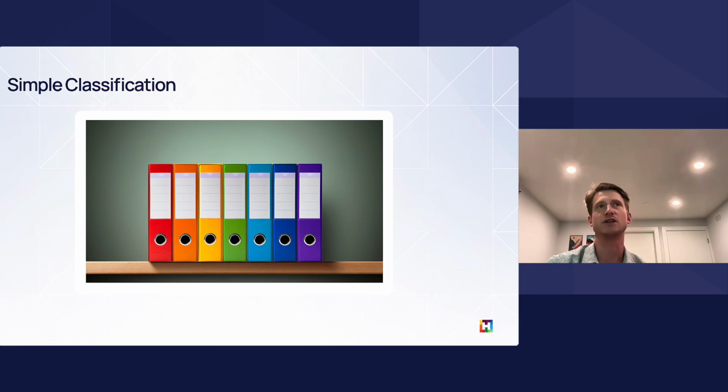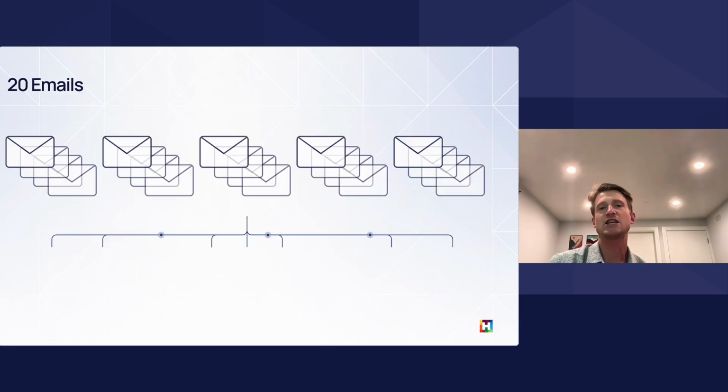So let's use email as an example. Take 20 emails. You can probably quickly sort them by sender. You can read the subject line, scan the body of the email, and maybe in a few minutes, you can bucket them into a couple of different categories. We probably do this already in our day-to-day work where you've got your inbox and you want to stick them into some folders. Right there, we've got some classifiers. This is a simple job. And with a mix of maybe our brain, or if it gets a little bit bigger, you might use an Excel spreadsheet or some general tools that make this fairly simple.